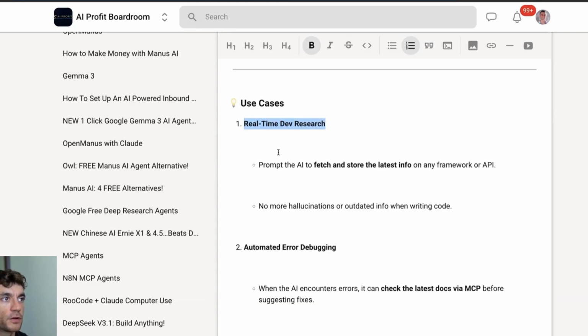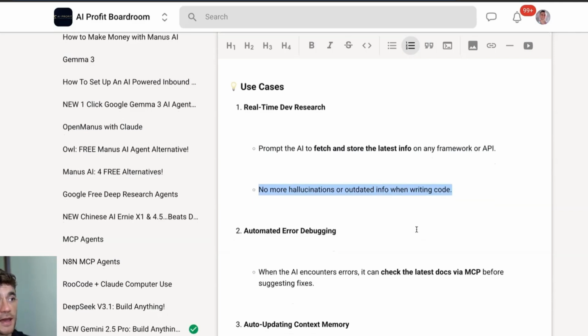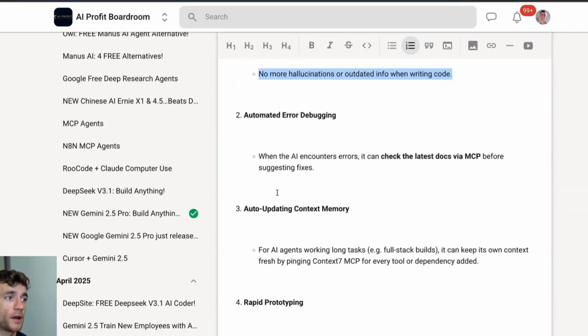Number one, it's going to give you real-time dev research. So you can prompt the AI to fetch all the latest information from any API, which means less hallucinations and less outdated information when you're writing the code. On top of that, you're going to automate a lot of the error debugging because you can check the latest documentation from the MCP before making any